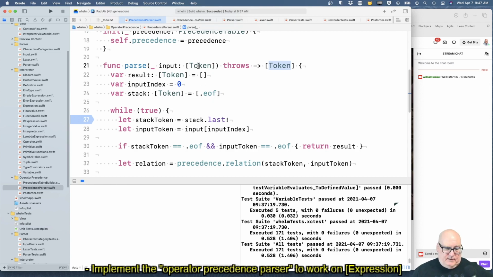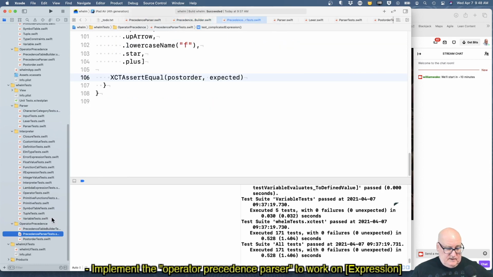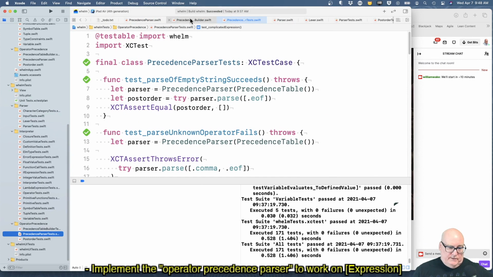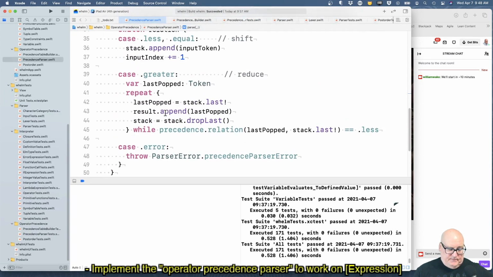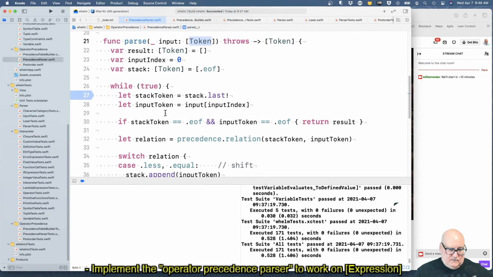Yeah, I just don't know. I'd like the input to be expressions. And that's going to break a bunch of tests too. Well, one way would be to just duplicate it and then tackle them one at a time. Can I do that?